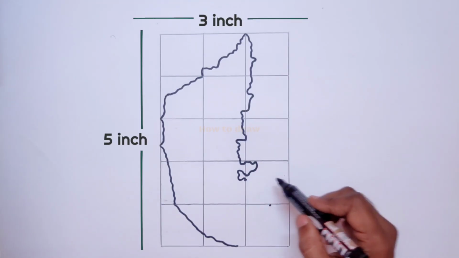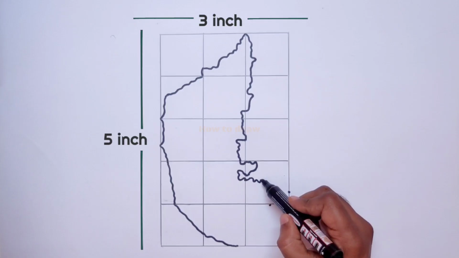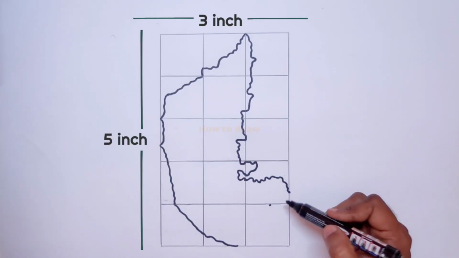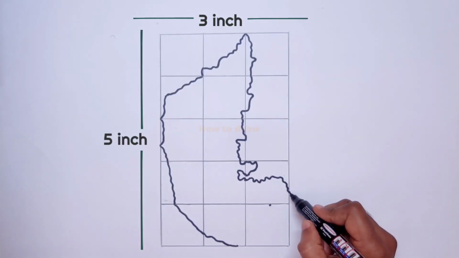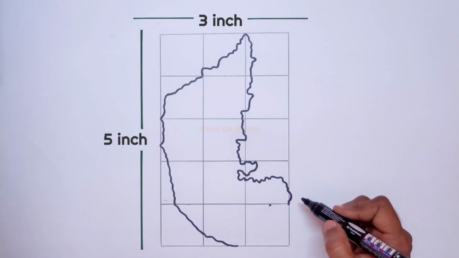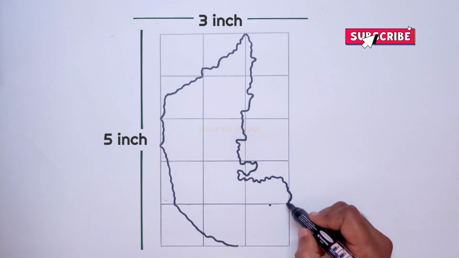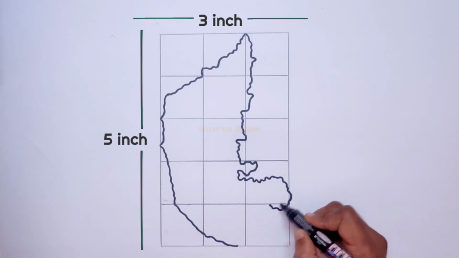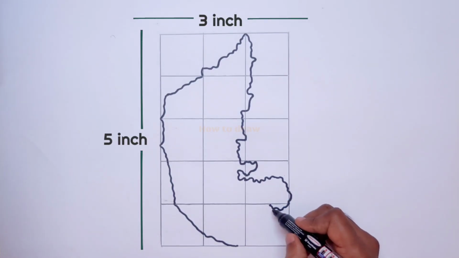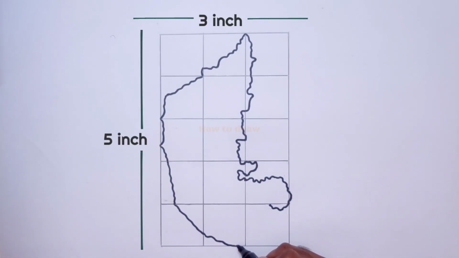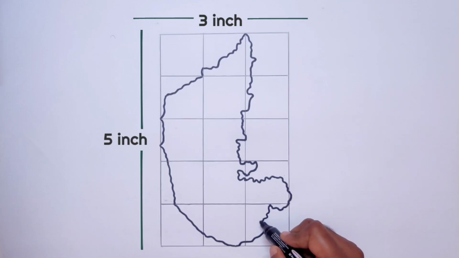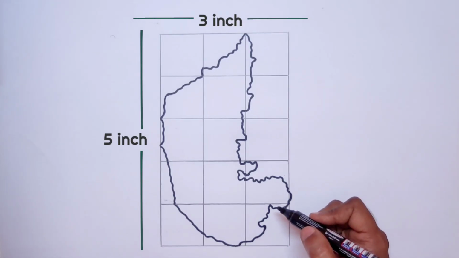Now from this point to this point here we have to take it a little upwards, and we have to come down. See, like this we have to go upwards, and we have to come down and join the point here. And from here we have to go a little outside, and we have to join this point like this. From down we have to come and join the point like this. Now the last, from this point to this point, just draw this curve, stop here, and at this point we have to bring another curve and take it inside and join it here.